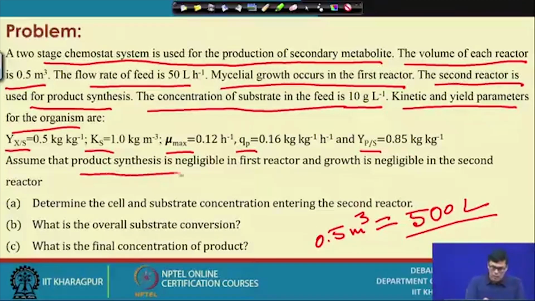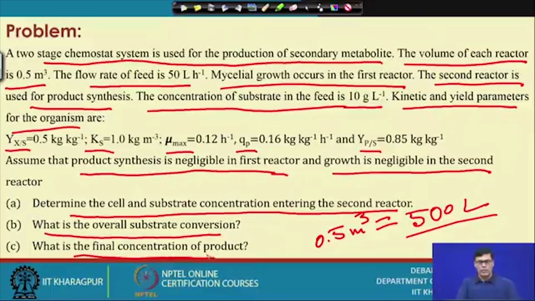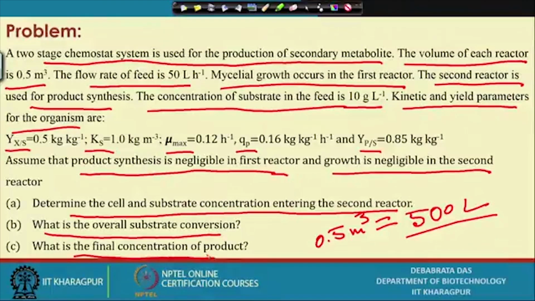Assume the product synthesis is negligible in the first reactor, growth is negligible in the second reactor. Determine the cell and substrate concentration entering the second reactor. What is the overall substrate conversion? What is the final concentration of product? So what is the